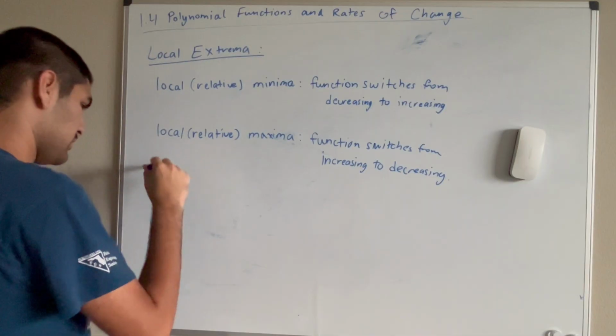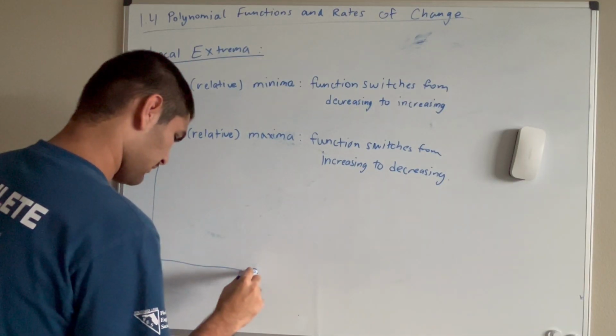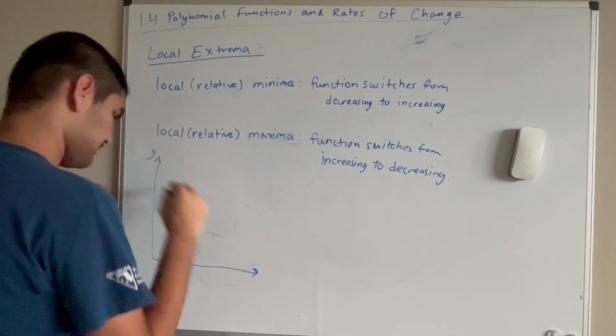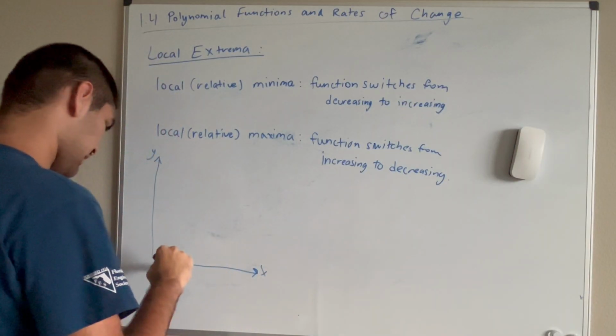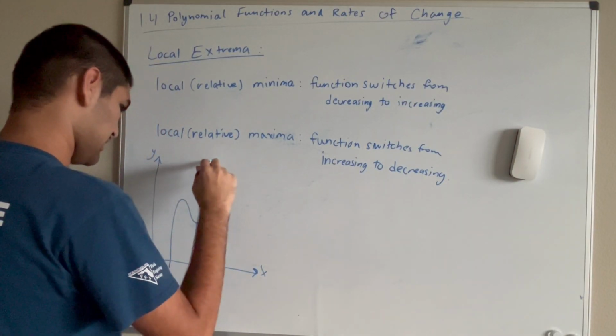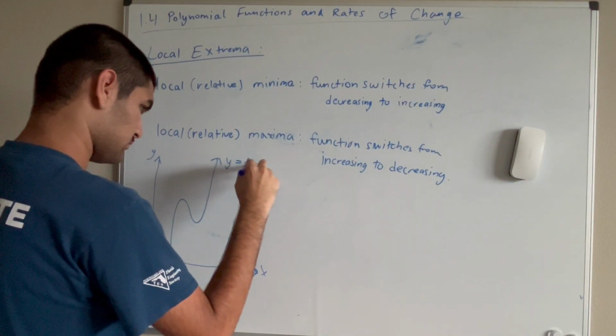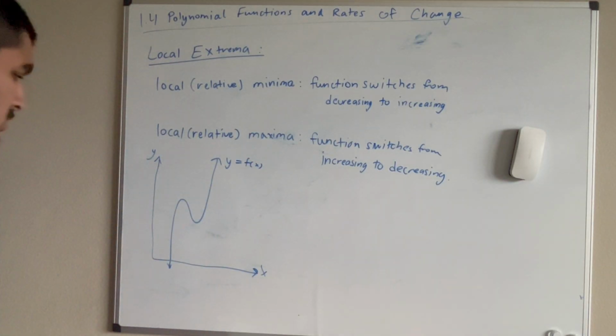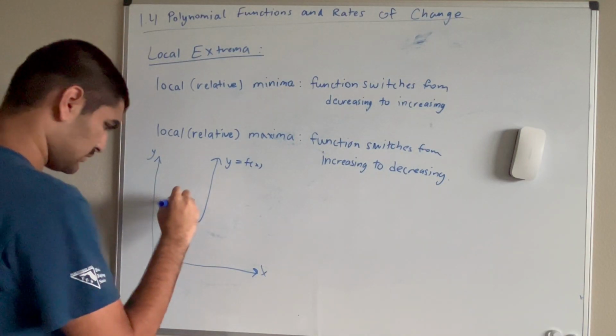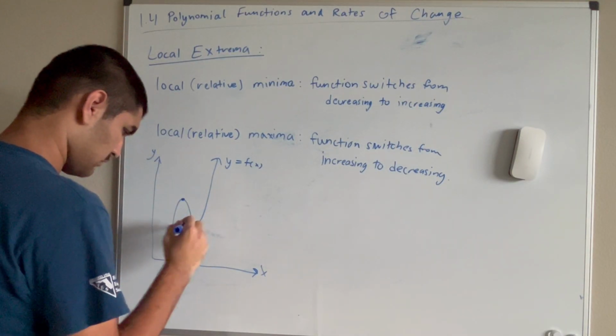So let's say you have some graph that looks like this. Okay, so on this graph, we have 2 points